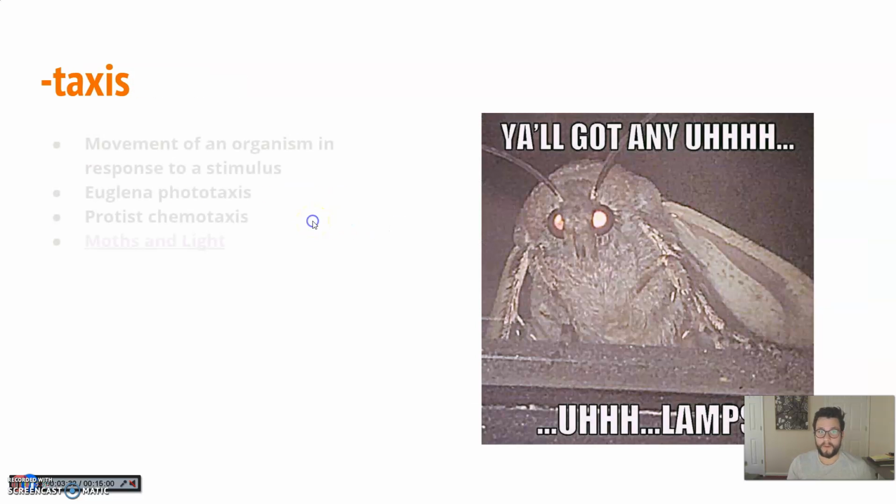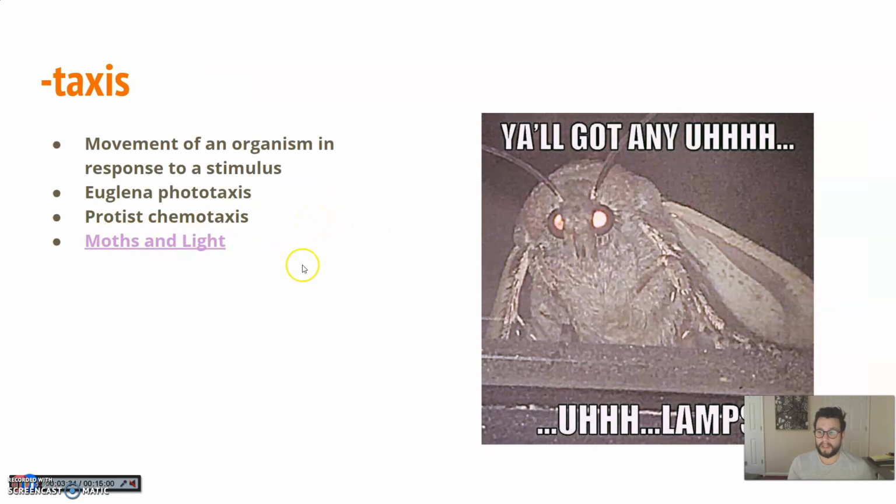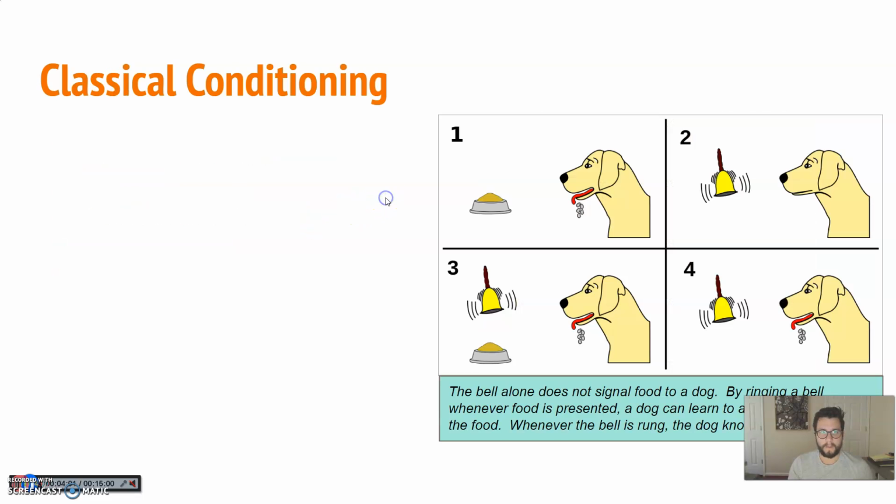Taxis we've gone over before, like a moth and light. A moth instinctively flies towards the light. Why that is really unclear, but it is a movement in response to a stimulus, something in the environment like a sight or a smell. And they do this as like a reaction. So they're reacting to the environment. So it is an instinct. They're not taught to move towards this light or to move towards the smell of food. It is an instinct.